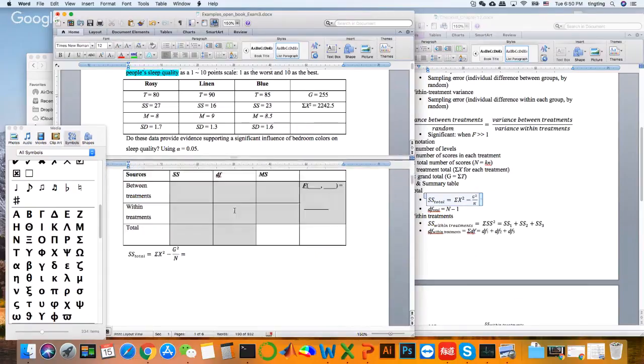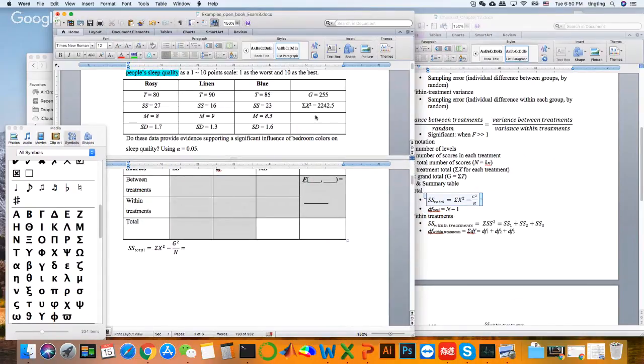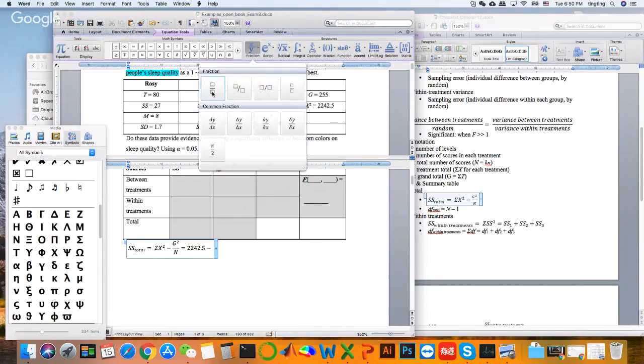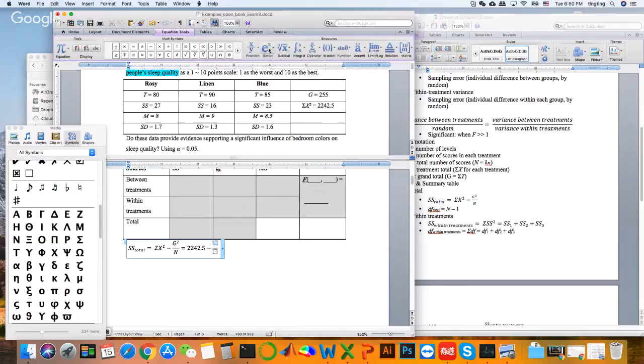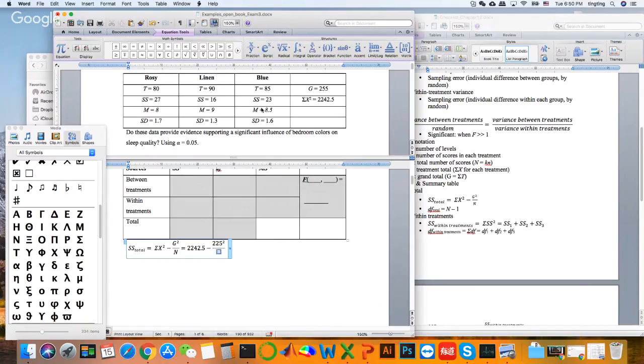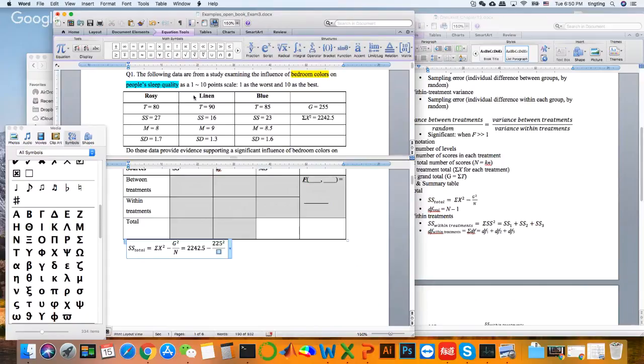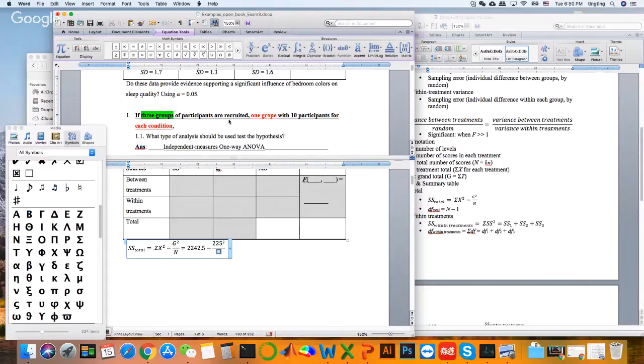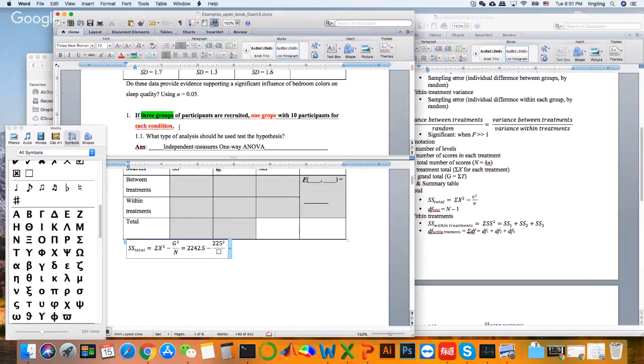Here we have all of this information. So sigma x squared, we have the numbers, right? 2242.5 minus G squared. G, we have the numbers here: 225, and it's squared. So here we see we have three conditions, right? And one group with 10 subjects. So here we know